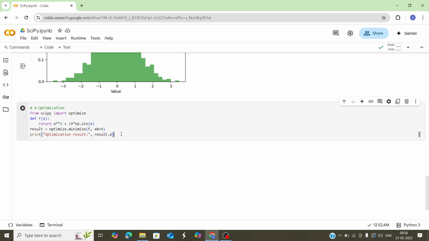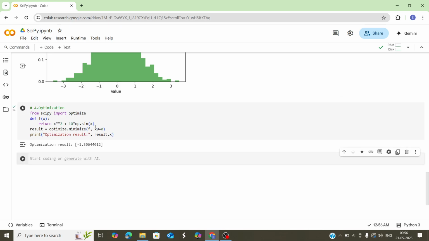So let us see what the optimization result will be. With the minimize method, we can see that the optimization result, result.x, is minus 1.3. So that is the value of the result we get. Basically, with optimize.minimize over here we're trying to minimize this function.